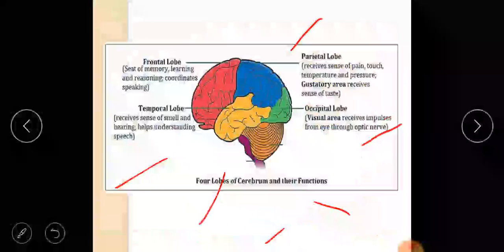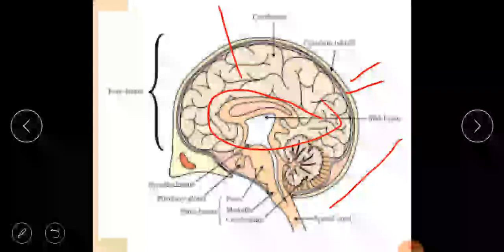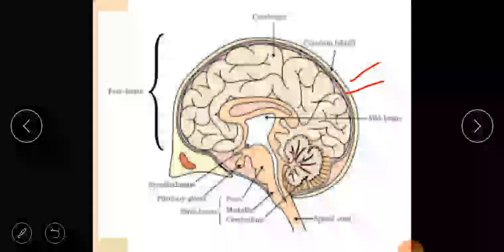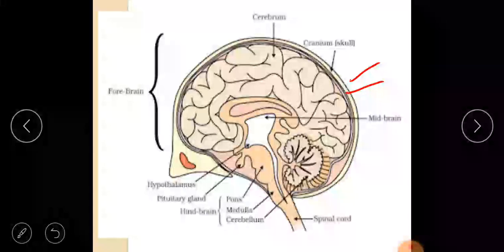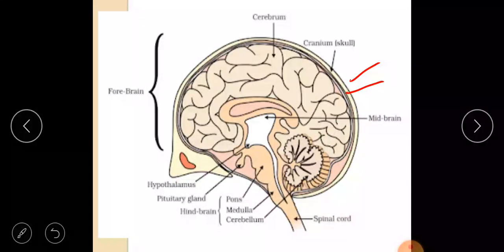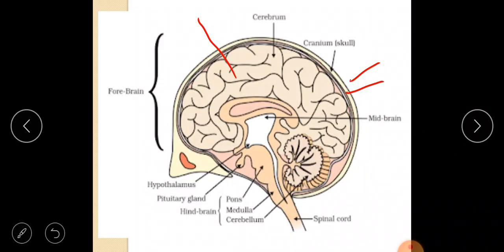In the next one, here you can see the grey matter and the foldings in the cortex region. Why does it remain in folds? Just to increase the surface area. Clear? So this increases the surface area. A lot of information remains stored in the brain. This portion is the midbrain,